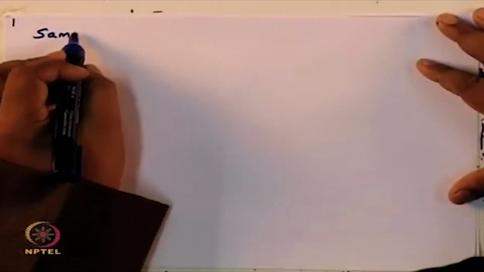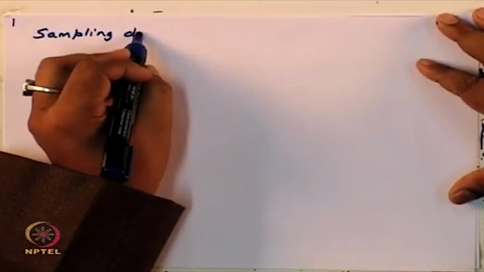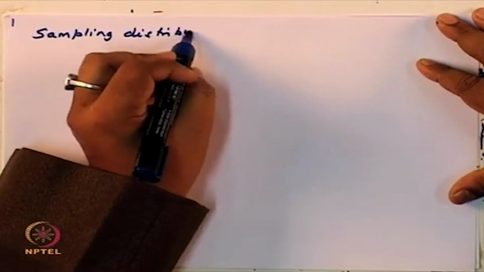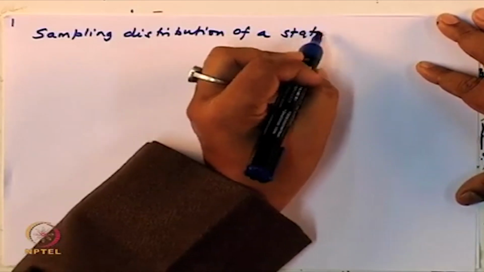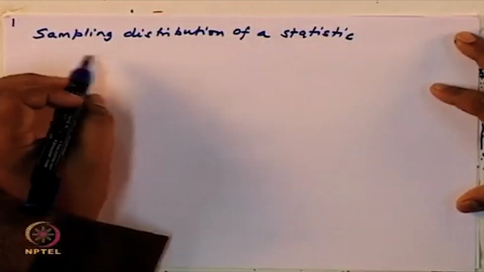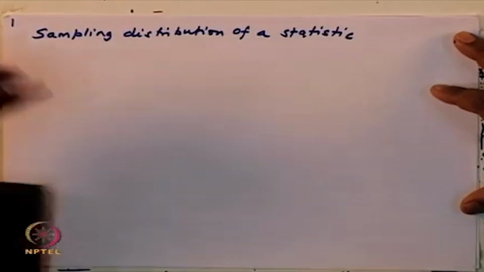So, in the last class we had briefly touched upon the idea of the central limit theorem, one of the most important theorems in the field of statistics. Before going to the central limit theorem, I will begin by discussing sampling distribution again. You can find the sampling distribution of a statistic. By this I mean you can compute the sampling distribution of a mean, of a median, or any other measure that you define. So, what is the sampling distribution of a statistic?